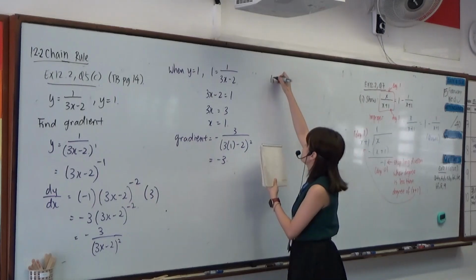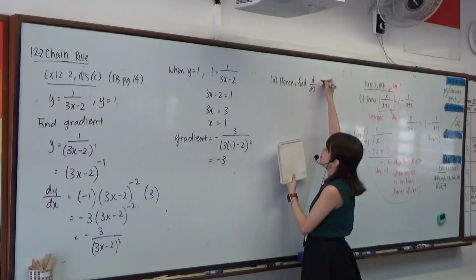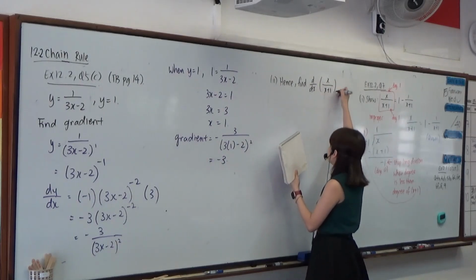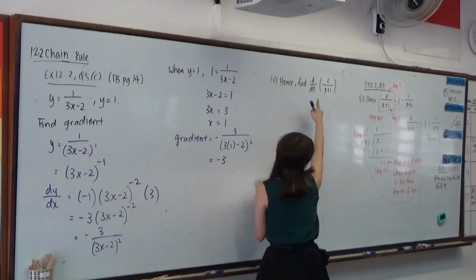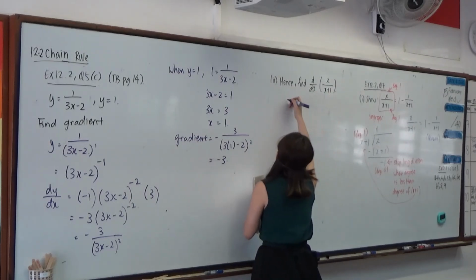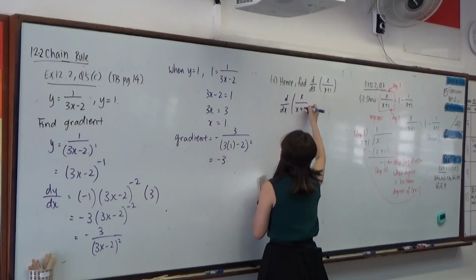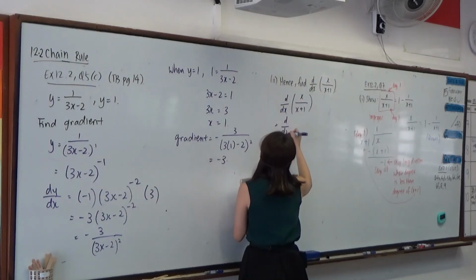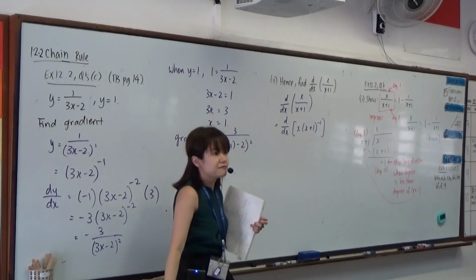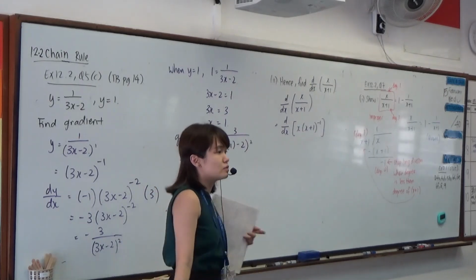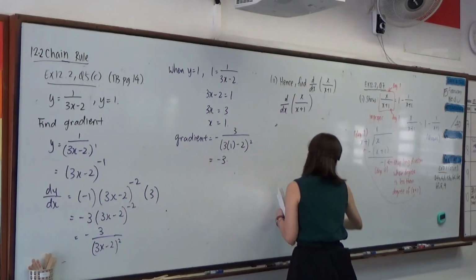Part 2 wants us to hence find the derivative of x over x plus 1. Okay, so because it says hence, and clearly at this juncture we don't know how to differentiate this. Even if you rephrase x over x plus 1 into x times x plus 1 to the power of negative 1, even written in this form, at this juncture we don't have the skill to do it. So the only way to get around it is to make use of the partial fraction,